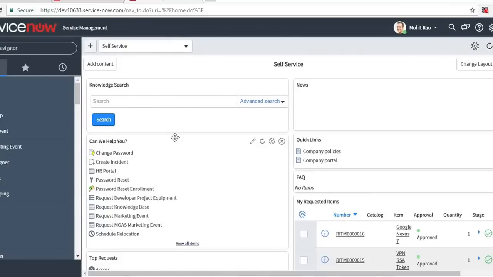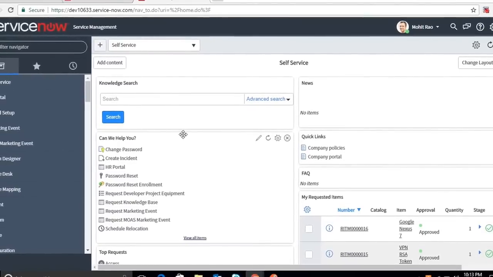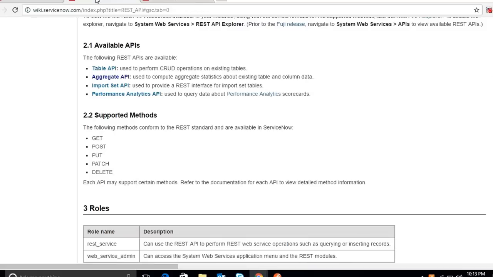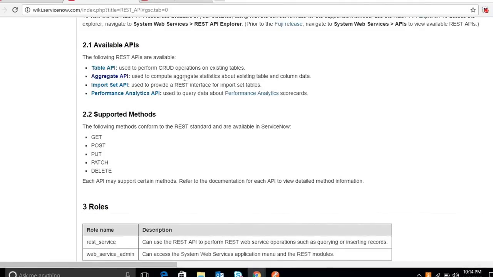As a prerequisite, I guess everyone will have knowledge of ServiceNow and basic knowledge of REST web services, RESTful API. ServiceNow has four types of RESTful APIs available: a table API, an aggregate API, an import set API, and a performance analytics API. A table API is used to create, delete, modify, add, or CRUD operations on an existing table.